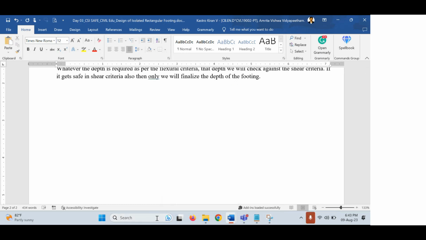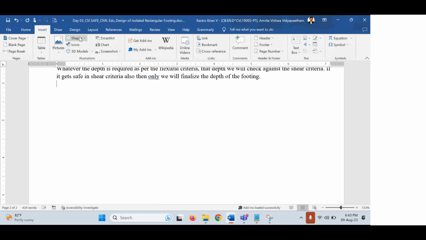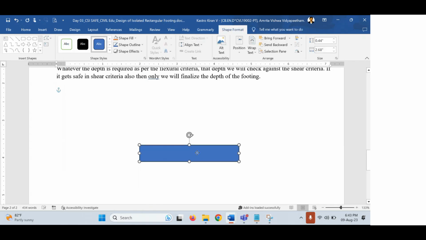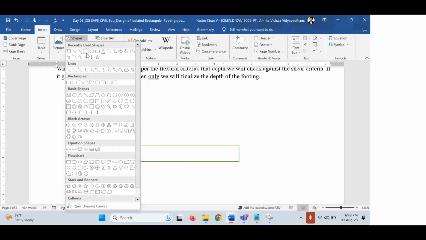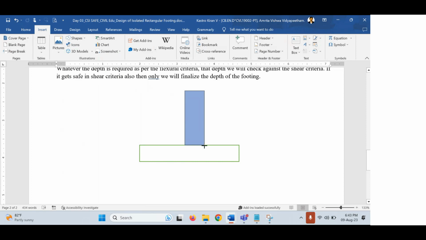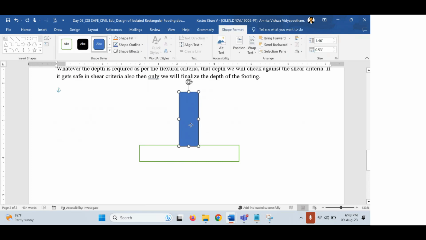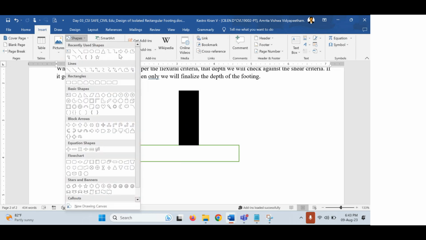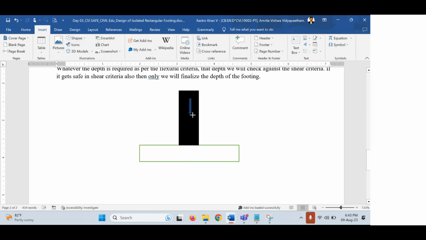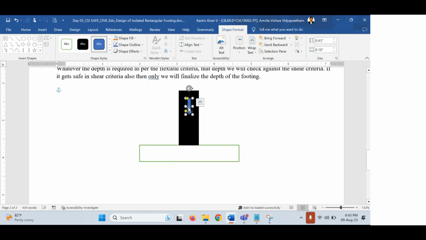So let me have a simple diagram here. Let me just draw the diagram. Let me call this the foundation slab. And then let me have the column also. Let's consider this as the column, which is positioned at the central part. So this is the column and this is the footing. Now, whatever the load that is coming from the column, suppose you take this as the load that is coming from the column,